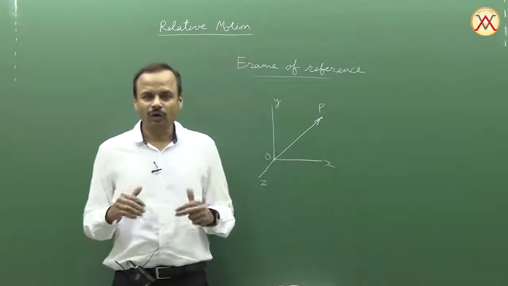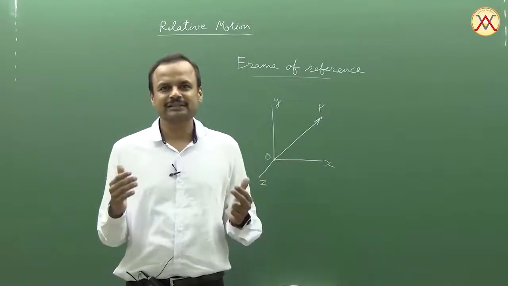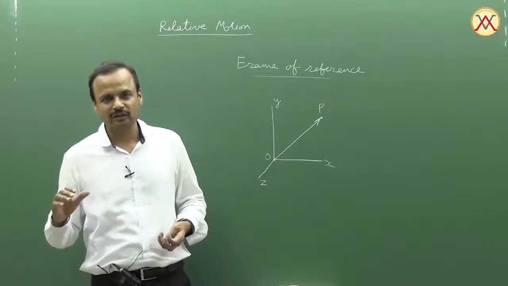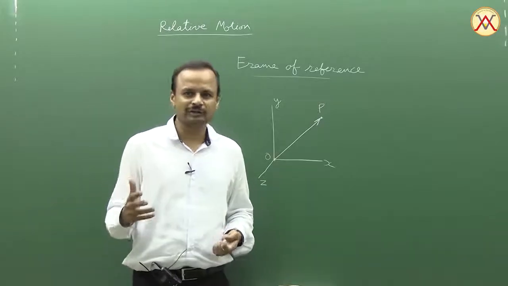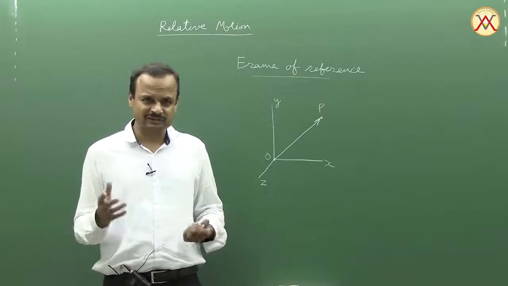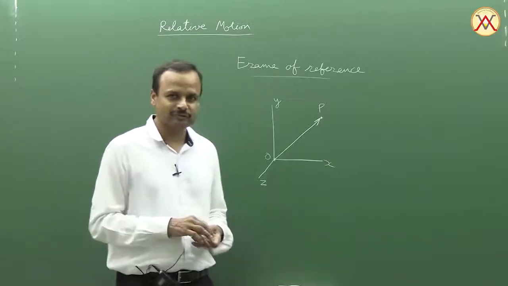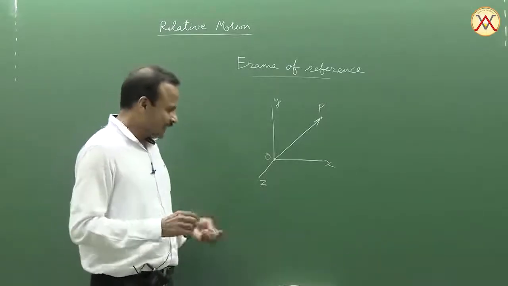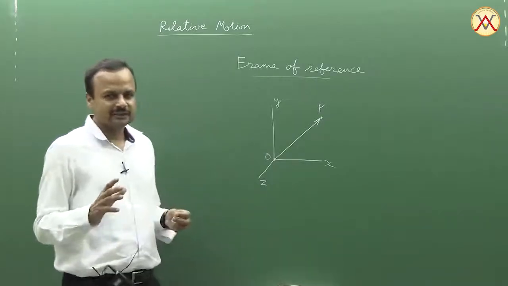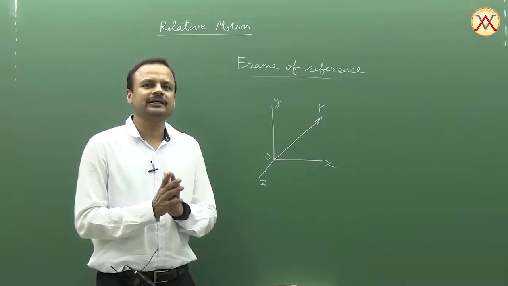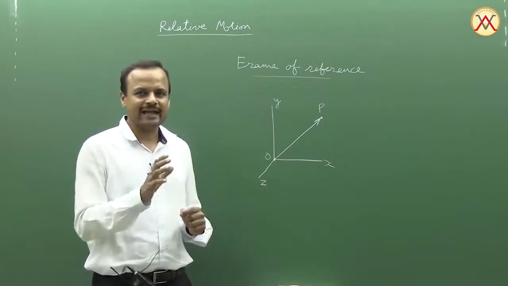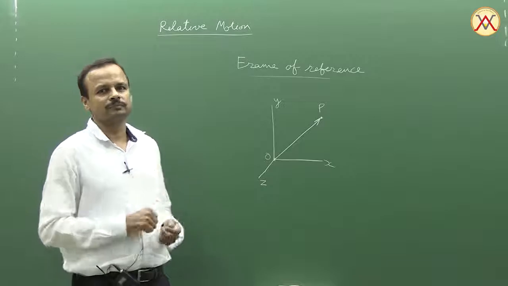So all motion and the state of rest is relative. We must understand it depends on the observer. The same object can have different velocities for different observers. That means it can have different velocities in different frames of reference. Now what we will be doing in this topic is relating the motion of a single object as observed by different observers.